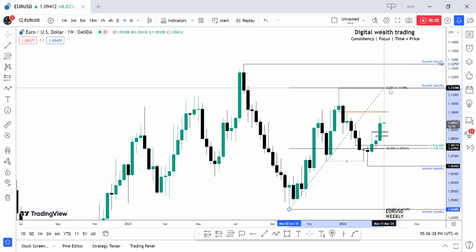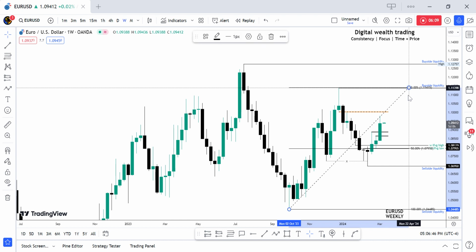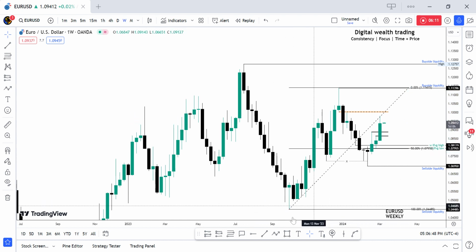Now this is a fib, okay? I don't know if you can see the words on the fib, okay, yeah, you can see it. I apply my fib to this high and this low. This is the range. Now, this is the 50% of this move. It is exactly at the level where the inversion fair value gap is. If you look at this move, we retrace here into the 50%.